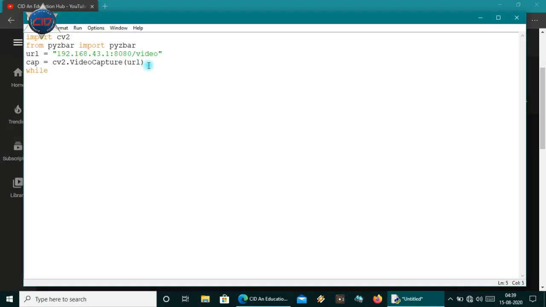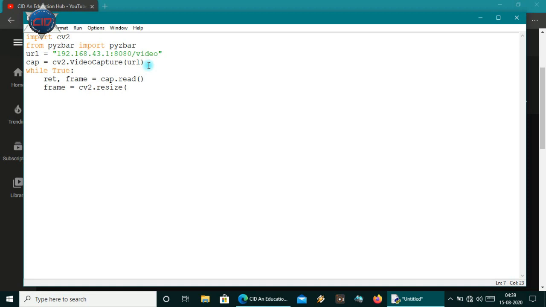Now under a while True loop for infinity, I will use ret and frame from cap.read. I'm also resizing the frame, because the mobile camera frame will be larger, so I will resize it to an appropriate size.